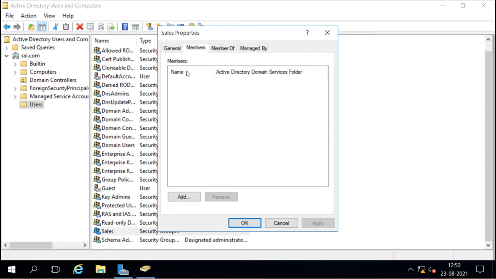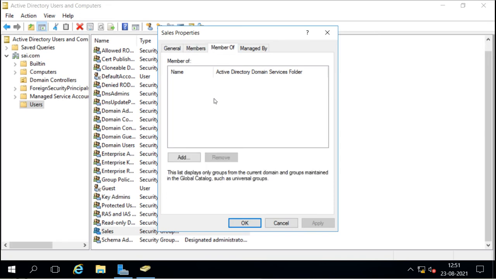Members means members of this group, whether they are users or computers or any other groups, for example domain local groups, global groups or universal groups. Member Of means this group will be a member of some other groups, maybe another global group, another universal group, a domain local group, or even a local group.